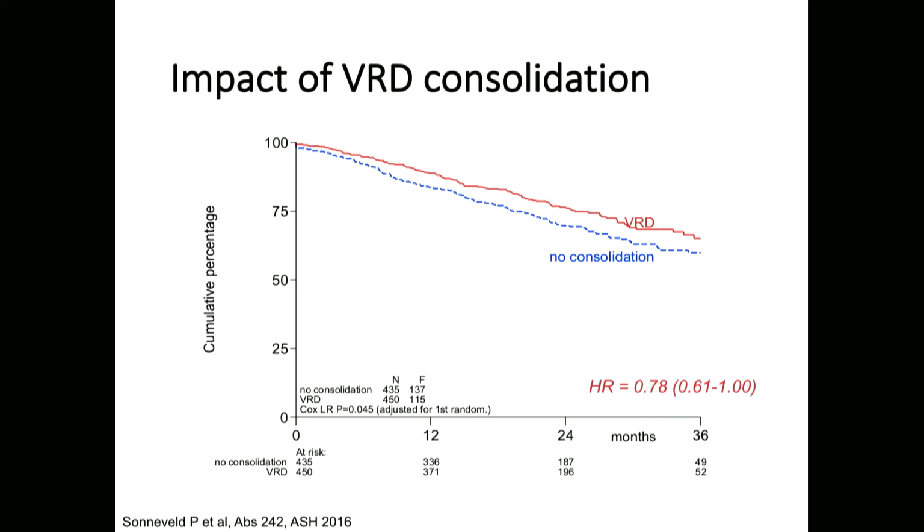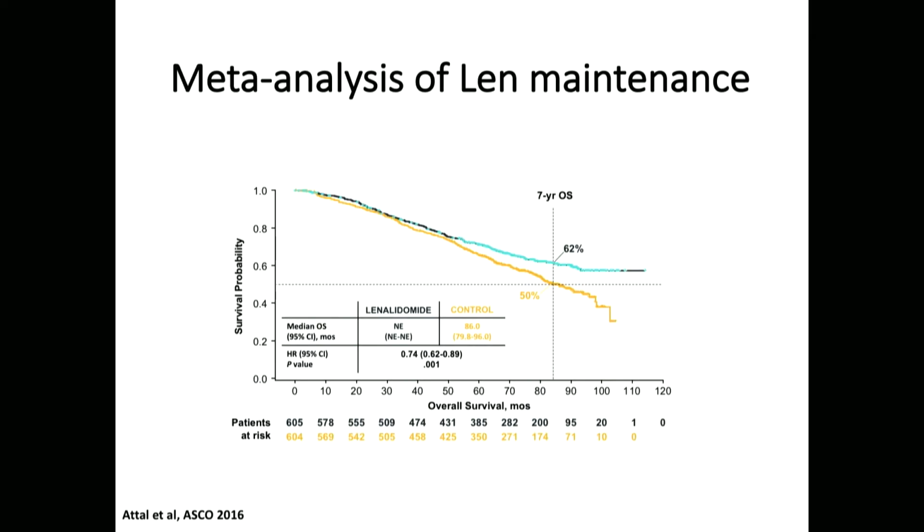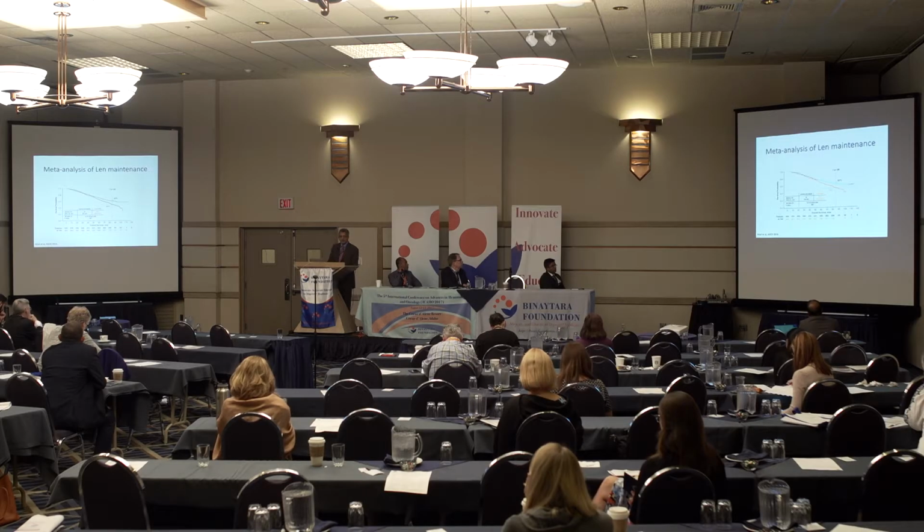So why are the results different between these two trials? Obviously, there are a lot of differences in terms of the trial design. One of the key differences is these patients got a VCD induction therapy, and the consolidation was introducing a new agent, which is the IMiD in this setting. And then the transplant comparator was with VMP regimen, which also is different than what was used. But I think it's reasonable for us to say that in the current practice that we do, where VRD is the initial induction therapy, doing a single stem cell transplant and going on to maintenance